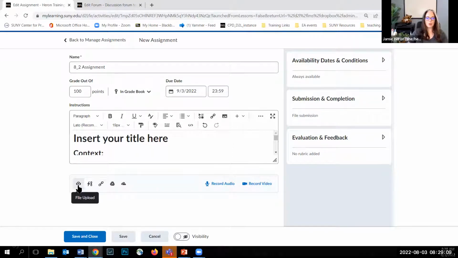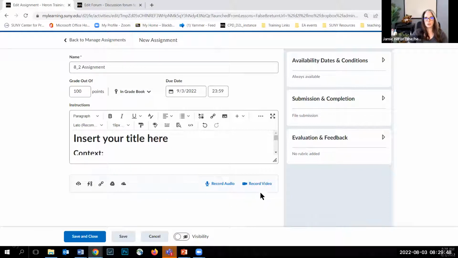I can upload a file if I would like. This is a great way to upload examples of work, so exemplars, an A paper, a B paper, a C paper, etc. It might be a good place for me to attach my rubric if I would like to, or link back to maybe an article that they should have read for this particular document. You can also link back to an existing activity in your course. So if this paper is based off of something that they've engaged with in your content area, you can link there. You can attach it to your Google Drive or your OneDrive, and you can also create a video note